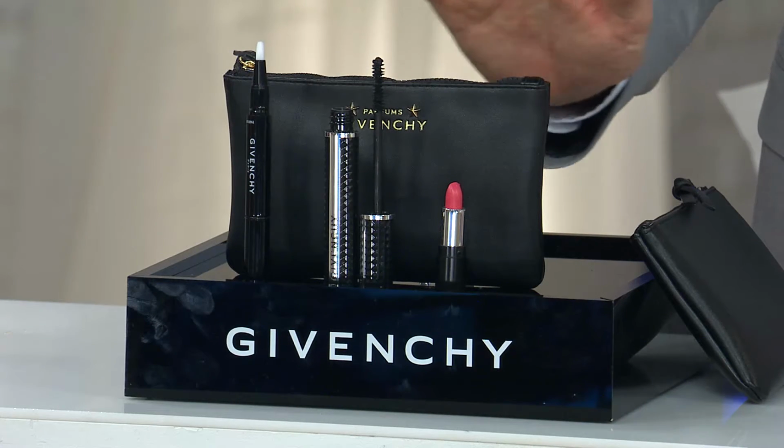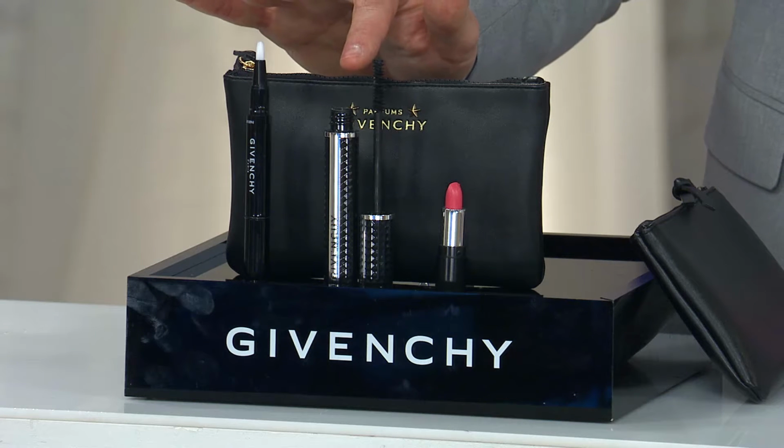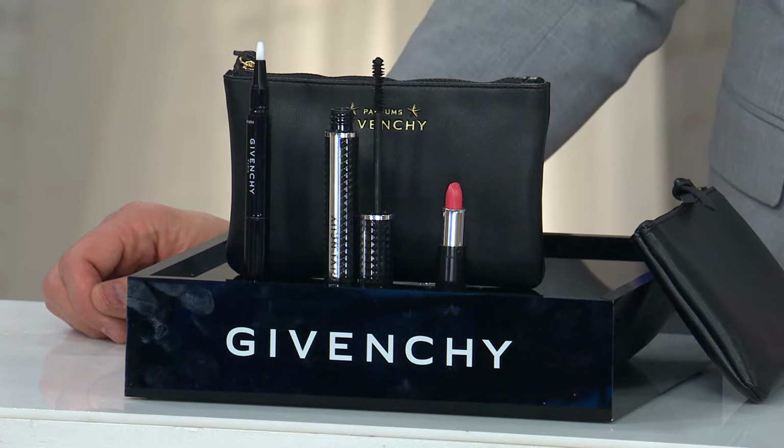Givenchy never discounts, but here you're getting an insane value. The mascara and the concealer at retail would be a value of $66. Here you're getting a QVC price of $58. Free shipping and handling to get this home. Item